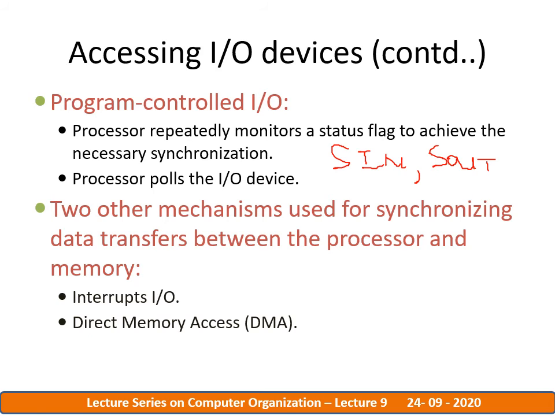So here the sync will be done with the help of program-controlled I/O technology. In program-controlled I/O, the synchronization can be done with the help of processor polling of devices. The devices are waiting in the queue to access the data, then they will get a chance to access the data effectively with the sync.